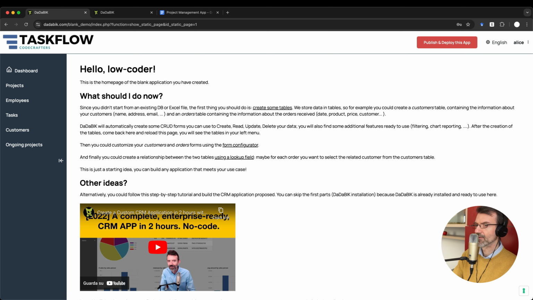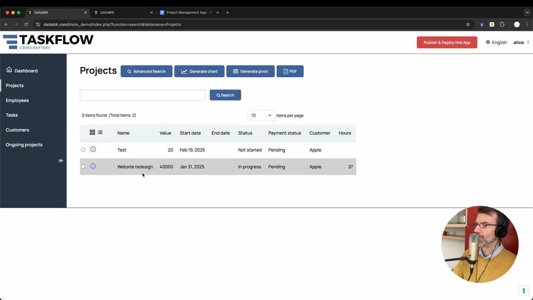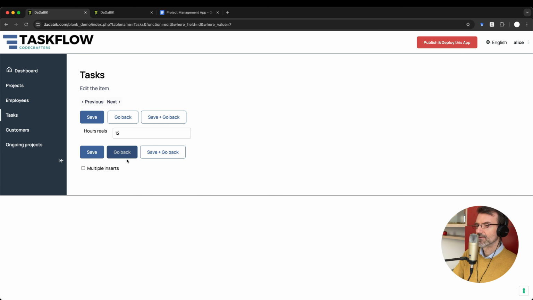Okay, this is still our application, but you can already see two differences. One, the admin section here is missing, and also we don't have the edit this app button. And also, if you look at the data, we can see the data, but we cannot delete, we cannot create, we cannot edit the data, except from tasks, right? For tasks, we can change the